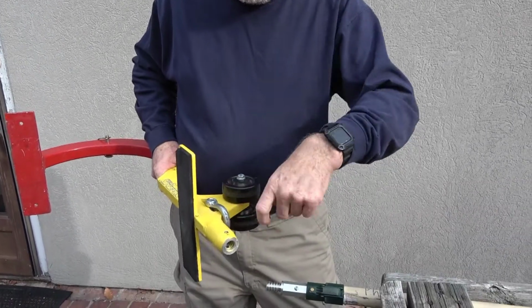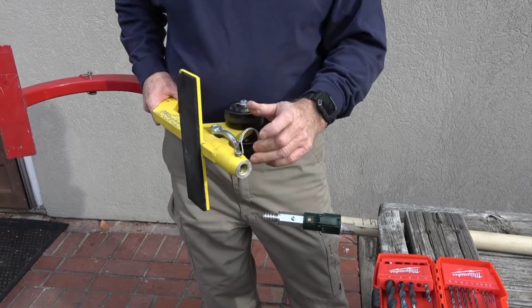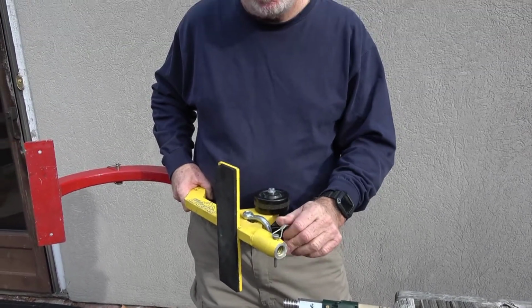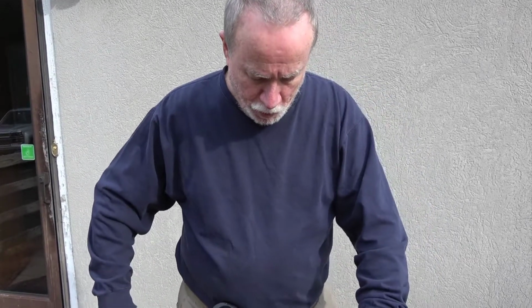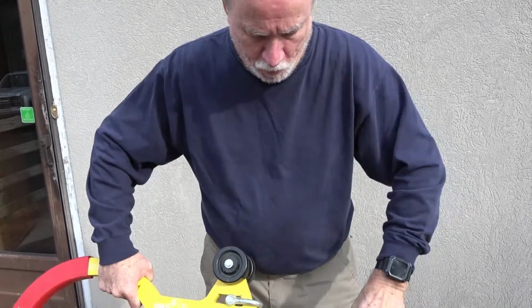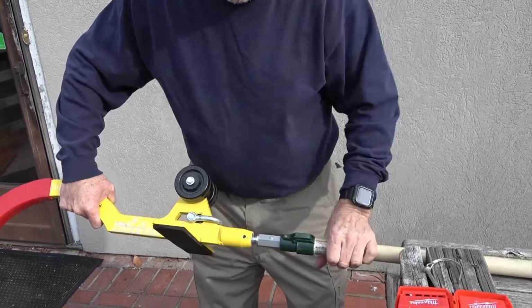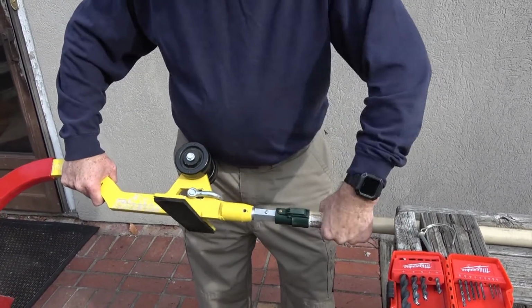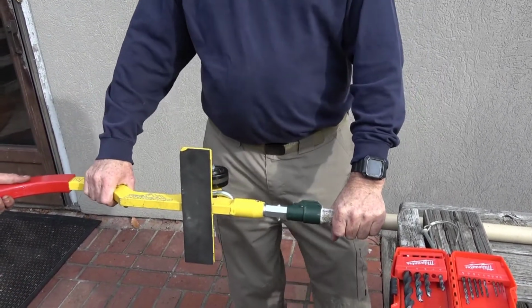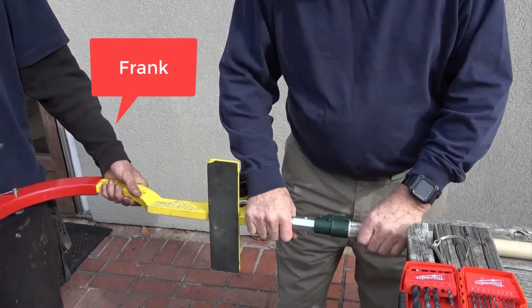Okay, so for part 2 of the repair, we have to drill a hole in the threaded tip here so that when we screw the RidgePro head on, we can insert the pin and lock it in place. So to do that, you first want to screw this on to the pole. Okay, and then my assistant Frank is going to hold the end of it just so it's not flopping around